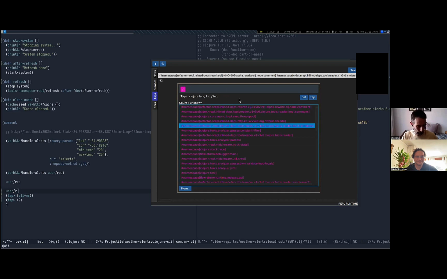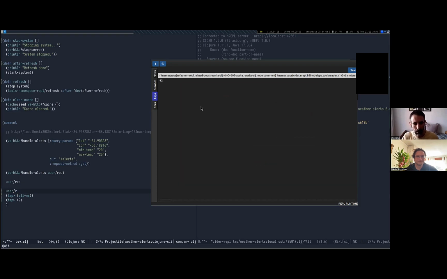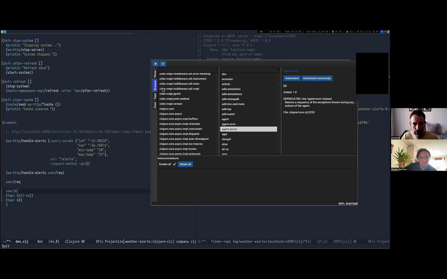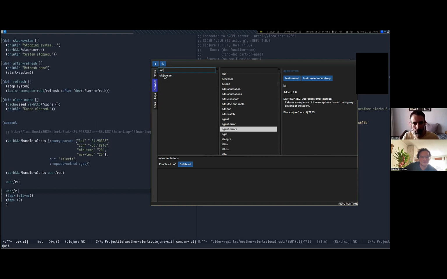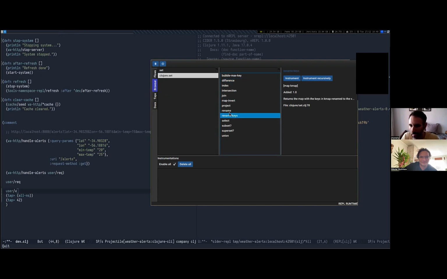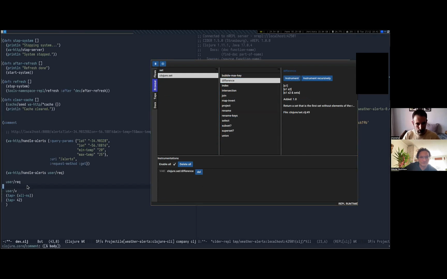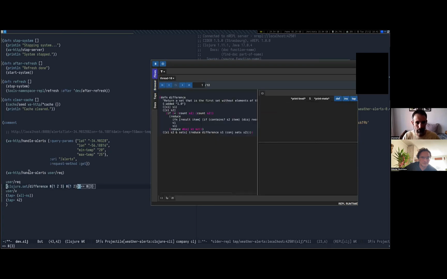So yeah, this is for tapping things, but it can also instrument things, so that then you have the debugger part. We can instrument this application. I mean, you can instrument whatever you want. You can instrument a library. It doesn't matter if it's your source code or any library. So in this case, for example, I will instrument clojure.set/difference. So if I call clojure.set/difference here somehow, you will see the debugger is